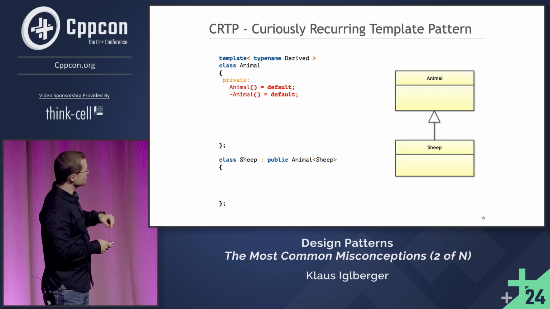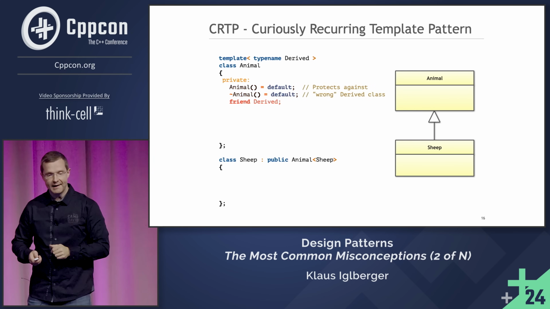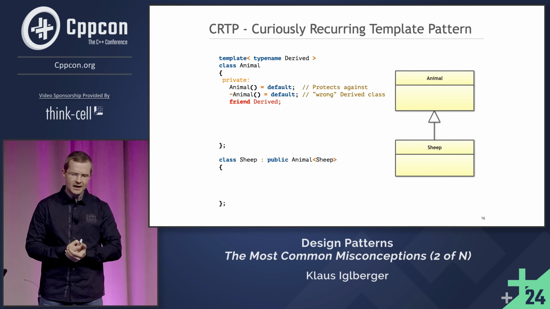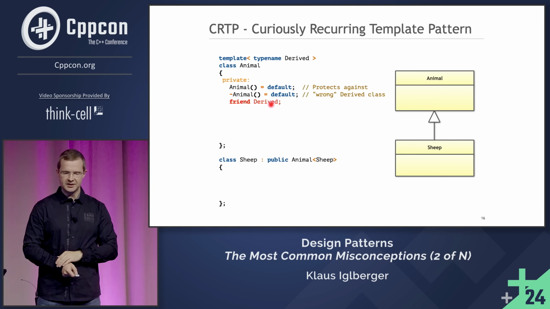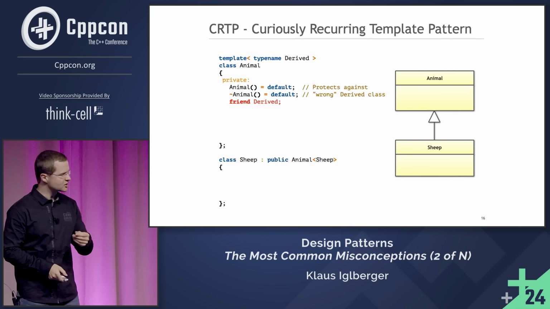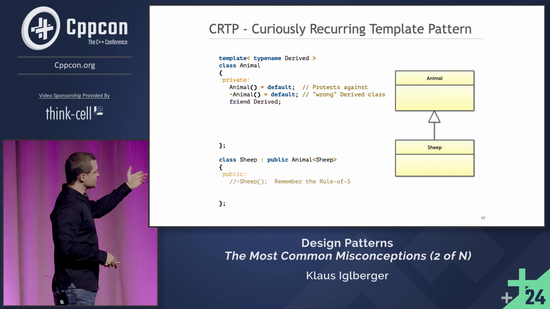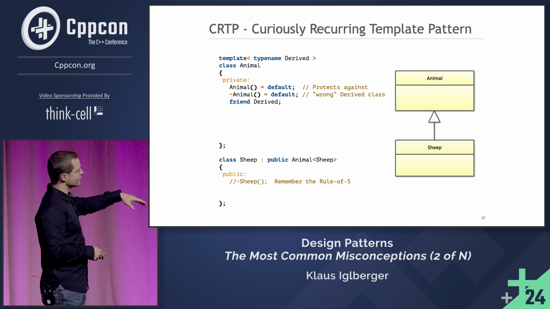Now, of course, the derived class cannot access this, so we befriend the derived class. This actually might help. Sometimes, due to typos, you might use a different derived type here, but then it would not compile. So it's a little bit of protection and truly recommended. So in the derived class, you will not really have to do anything special. Do not mention the destructors.